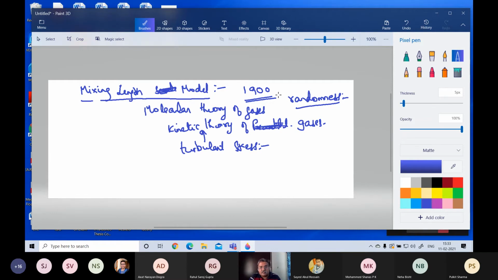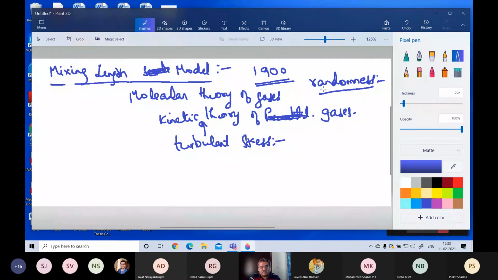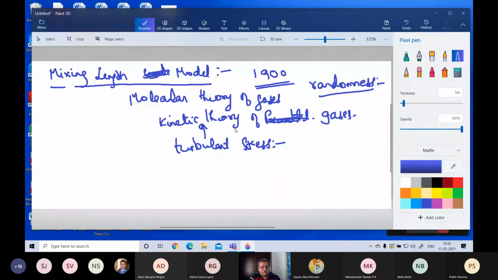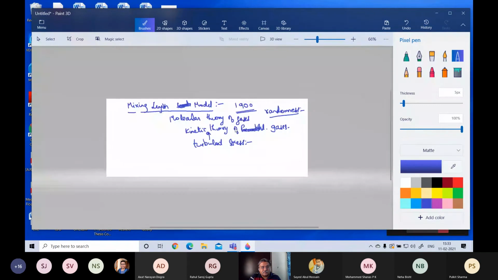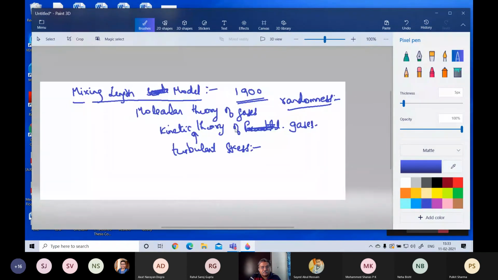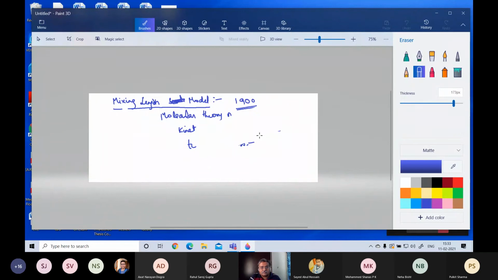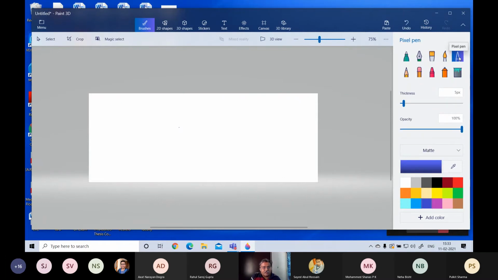The kinetic theory of gases is something like this. So in the kinetic theory of gases, first what we assume is that we have